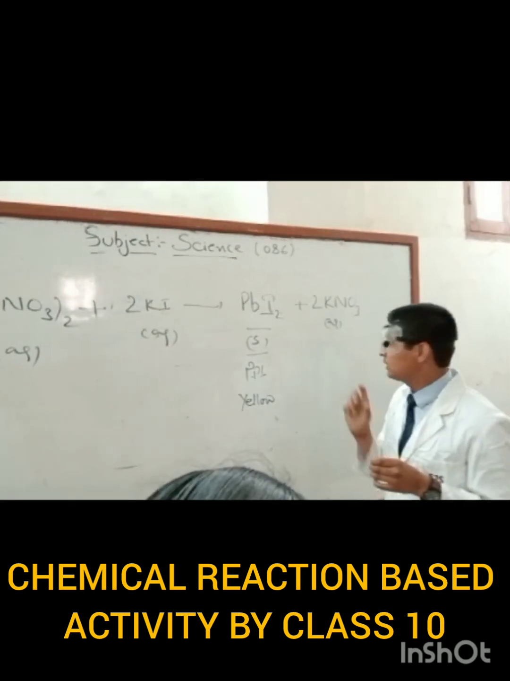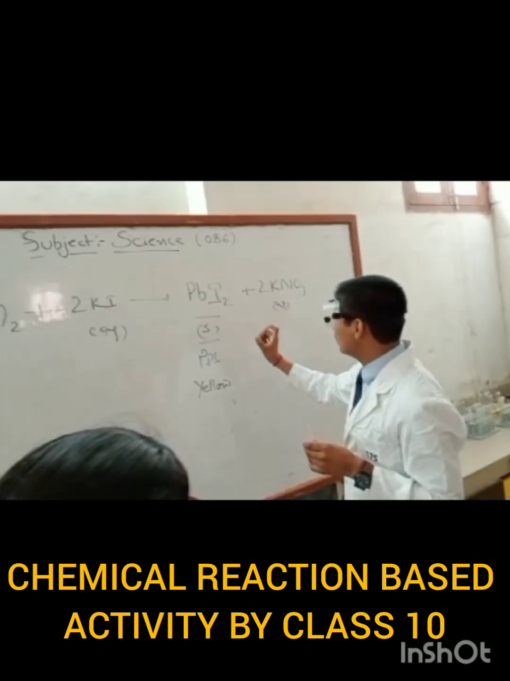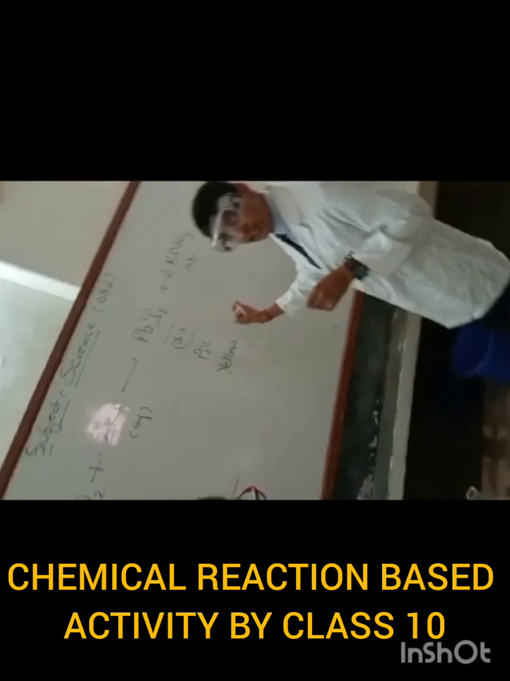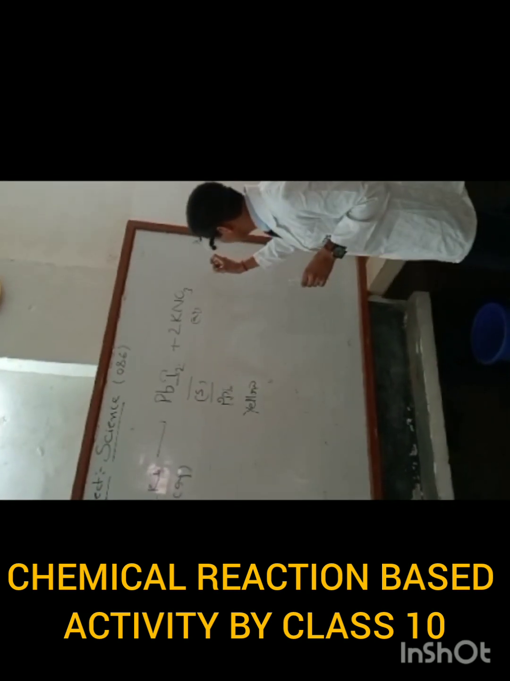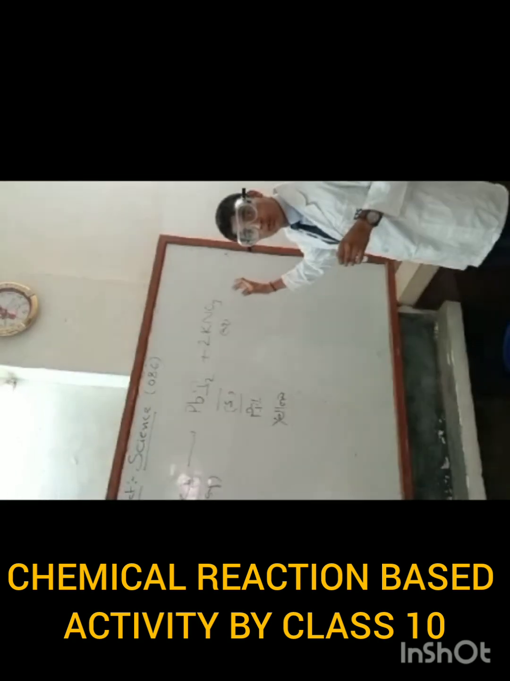The insoluble product formed in a precipitation reaction makes a precipitate, PbI2, in solid form. It's a yellow precipitate. And another one is potassium nitrate, which is in the form of